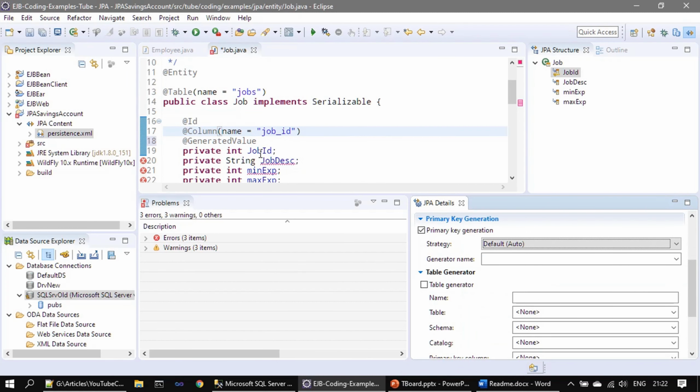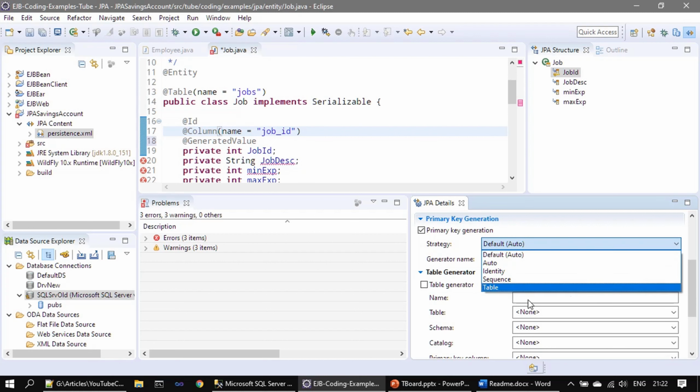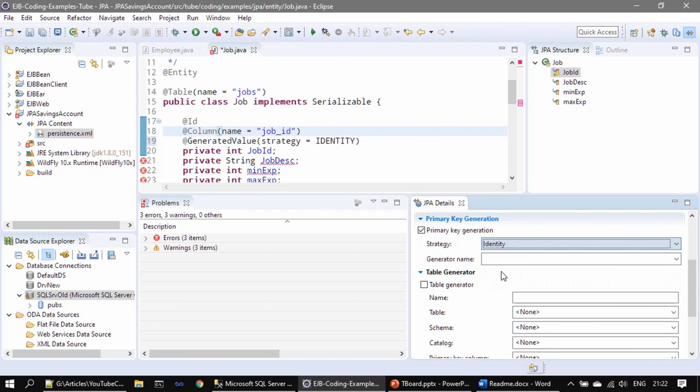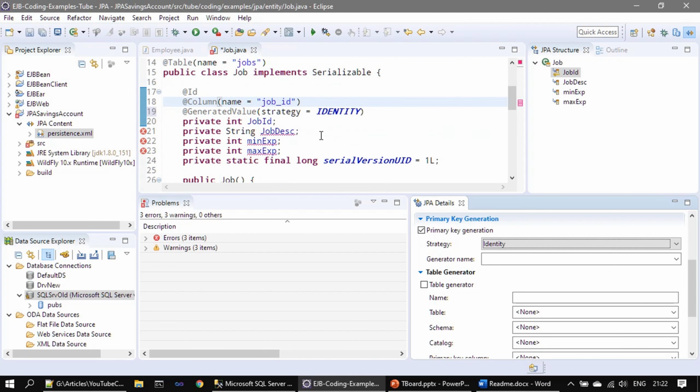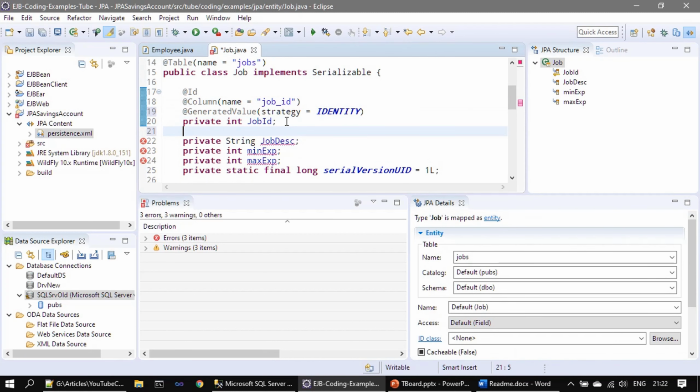So we are marking this as a generated value, and generator name is, we will choose identity. So generated value, identity, seed 1, step 1, those stuff. So other stuff we can go with